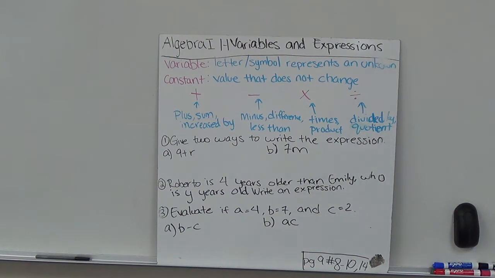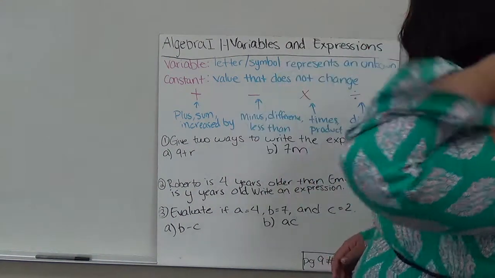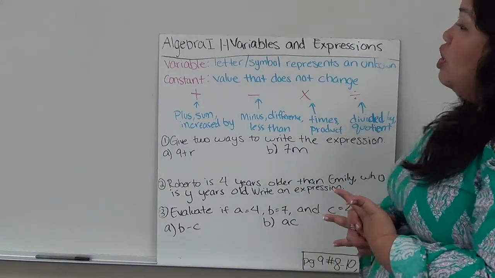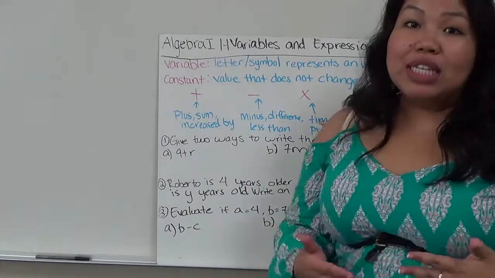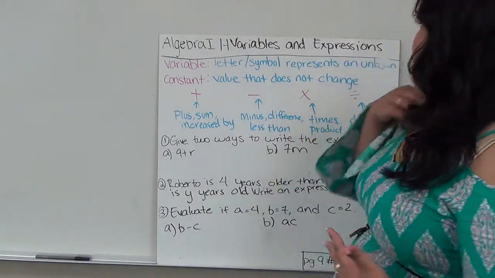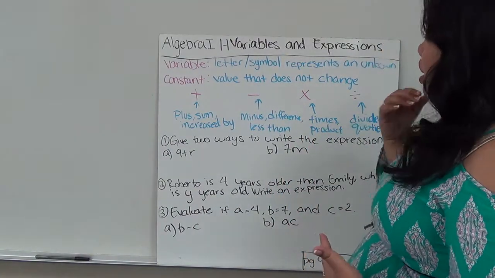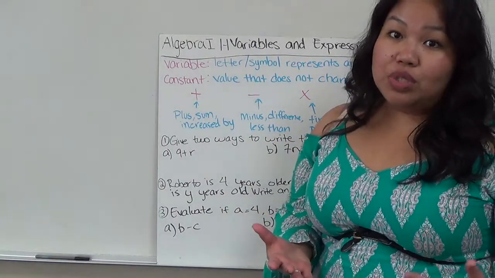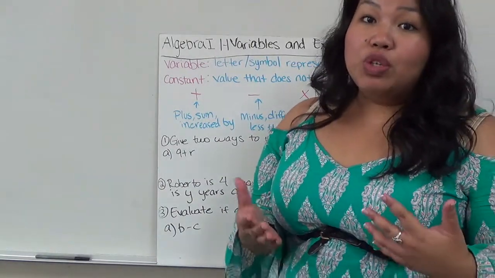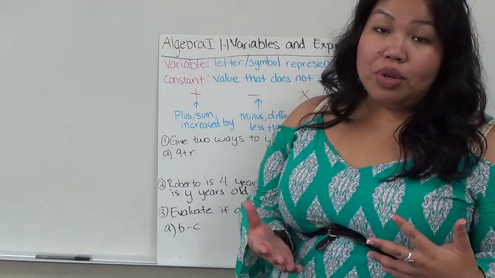In Algebra 1, Section 1.1, we're dealing with variables and expressions. So a variable is basically a letter or a symbol that represents an unknown amount. A constant is basically a number that doesn't change. So when we're dealing with equations, we're going to be dealing with unknowns, which are represented by variables, or we're